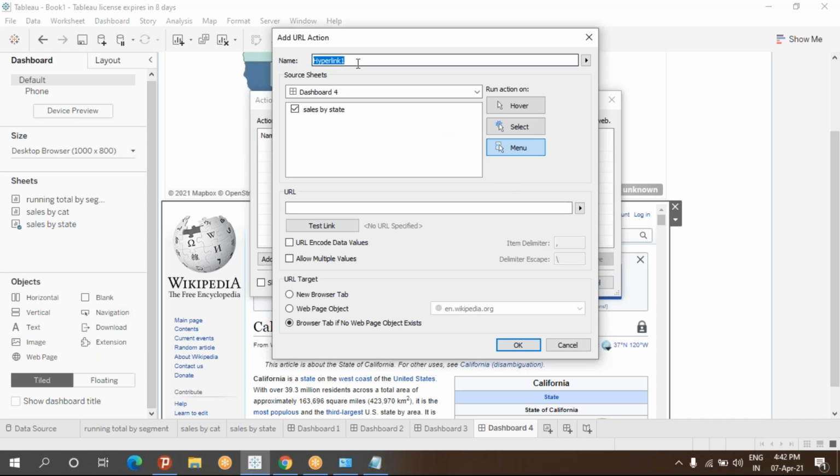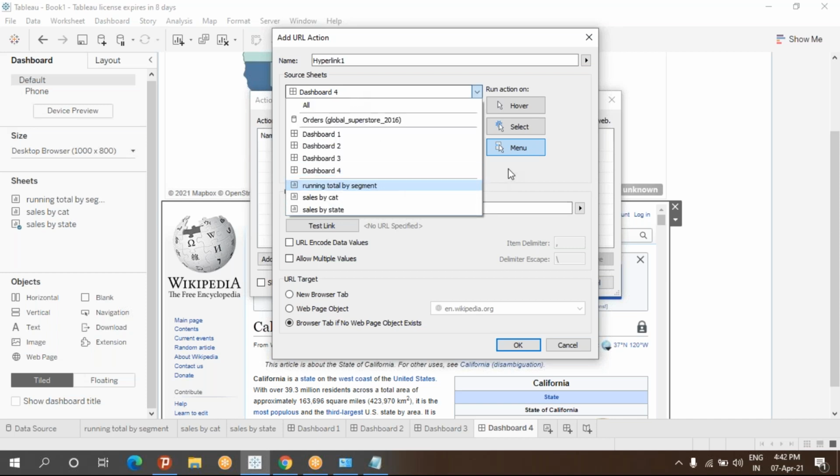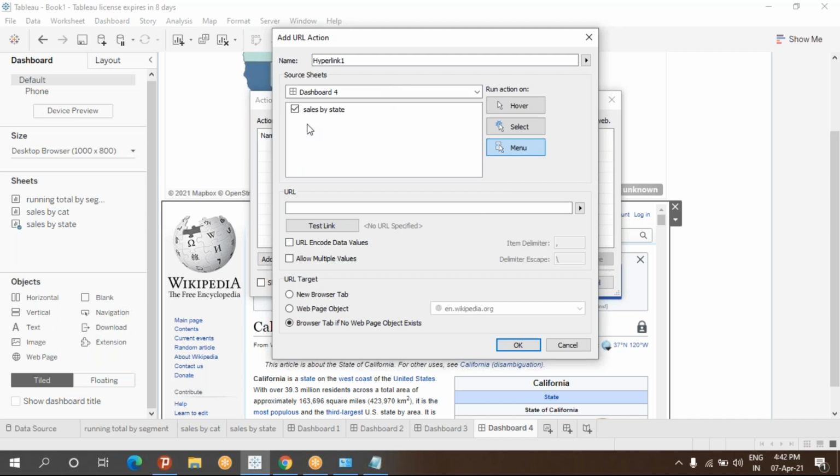Now you can give the name of that link, means you can give any action name here. Automatically it has been selected for dashboard 4, no changes, and the sheet is nothing but sales by state. Run action on select, you select this one.